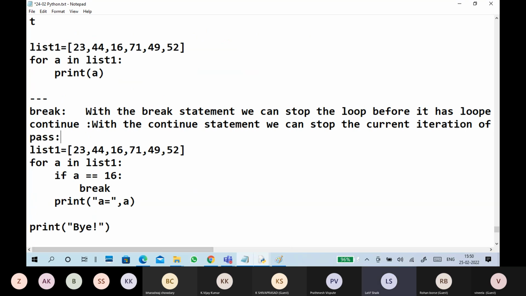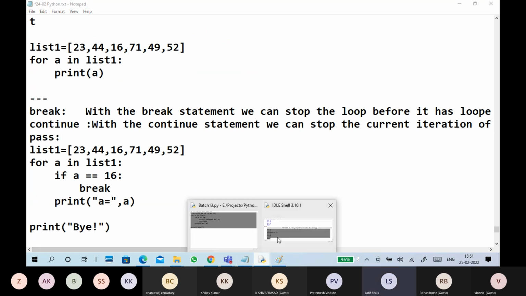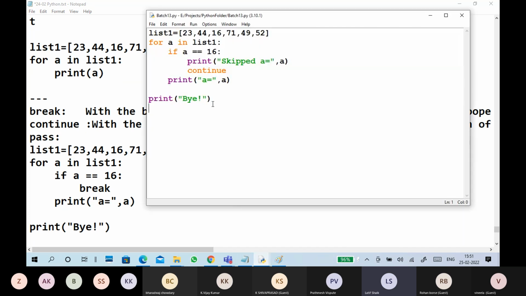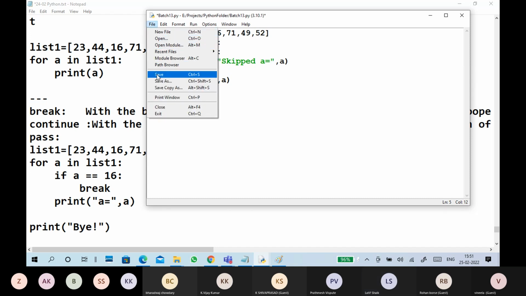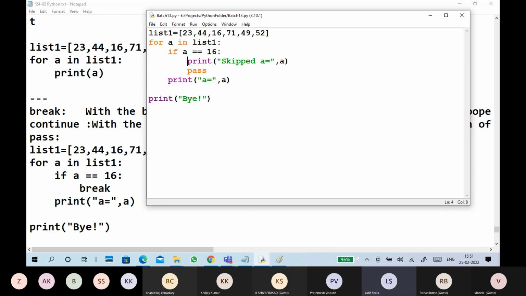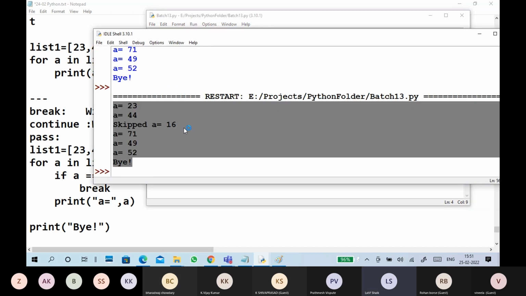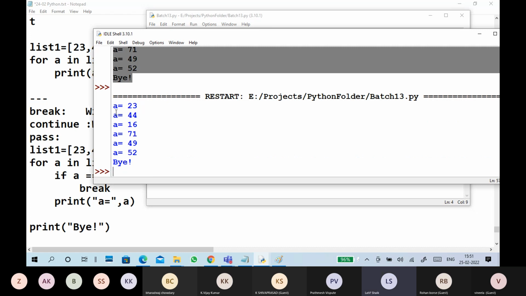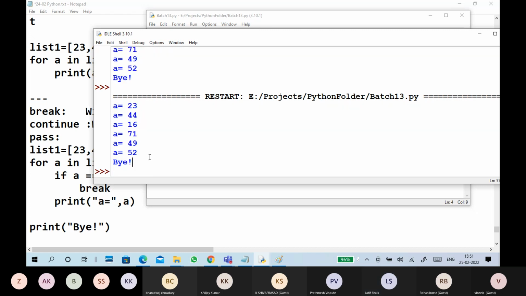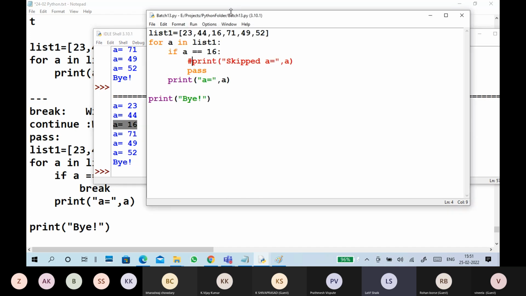So what is this pass? Pass is actually a very good one. Pass does nothing. Just pass. Run. So it is printing everything. It is not skipping anything.